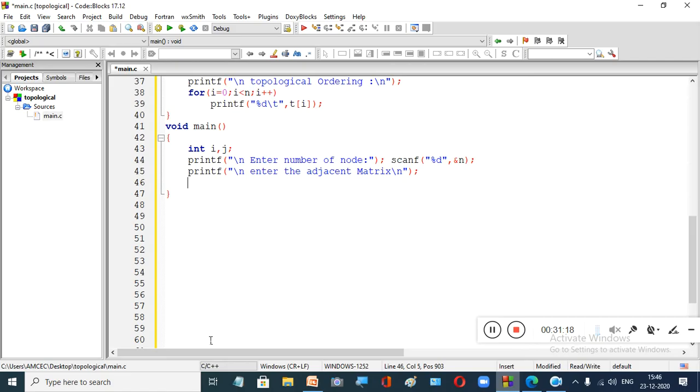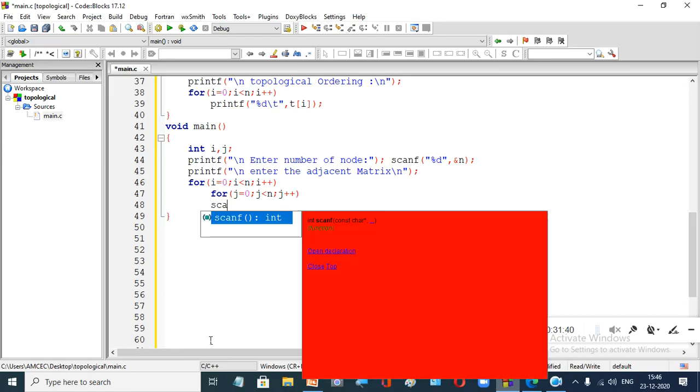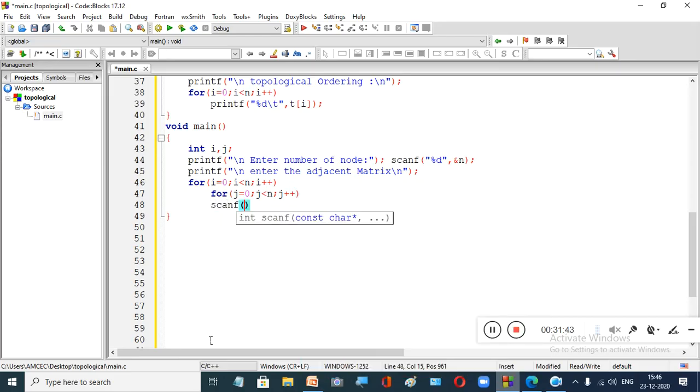You have to give the adjacency matrix from the keyboard and store it in the array A. To accept that, we need two for loops: for i equal to 0, i less than n, i plus plus; for j equal to 0, j less than n, j plus plus; scanf("%d", &a[i][j]).